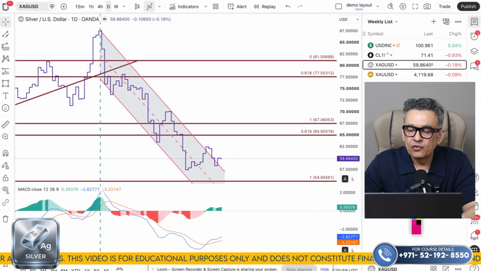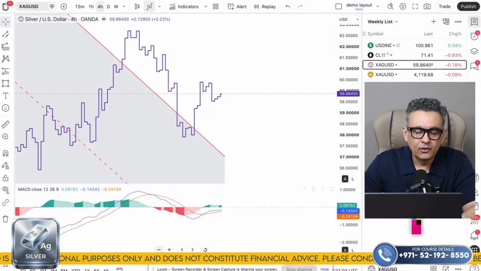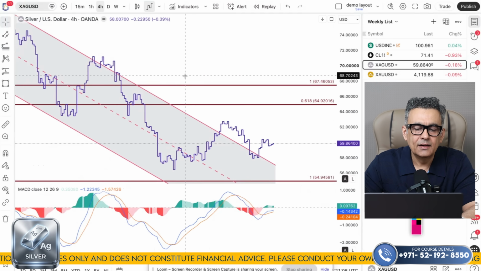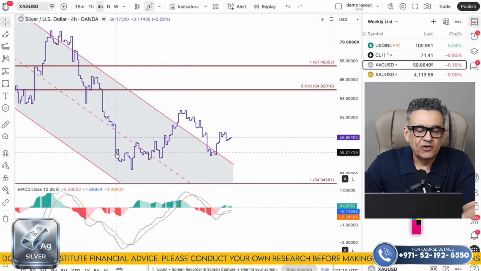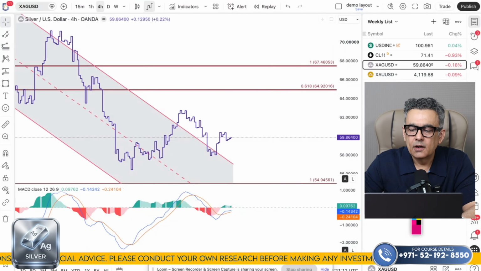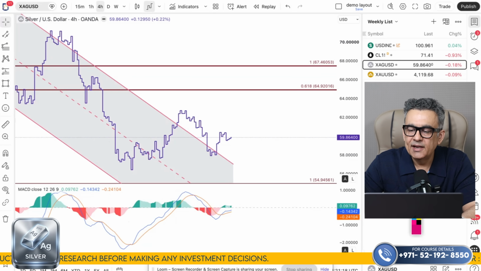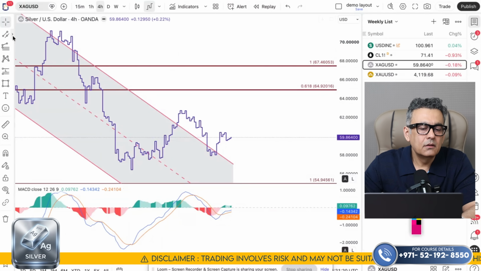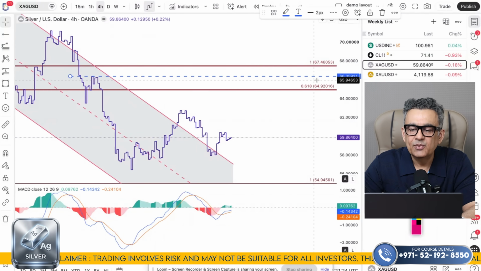Now I'll be switching to 4 hourly frame here. So we do not have the confirmation of buyers on the day chart. So weekly and daily, the structure remains bearish. Now only on the 4 hourly frame, I get to see here again a lower low formation with divergence on histogram. So to complete the reversal here, buyers, they need to push the price above this BS level, which is